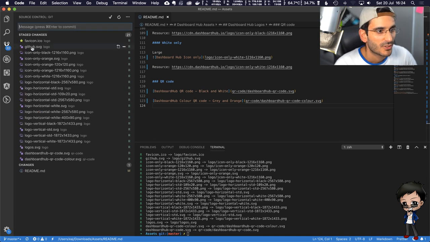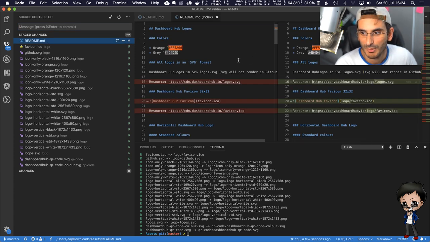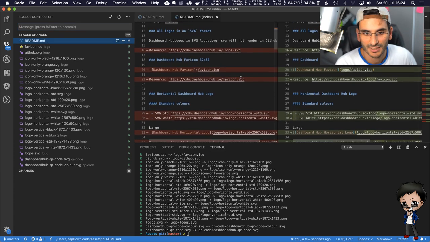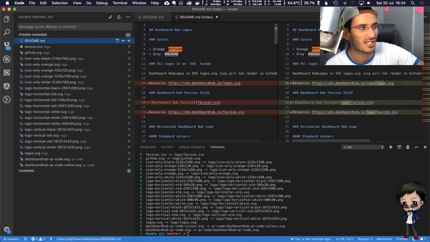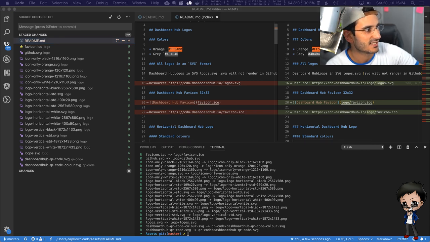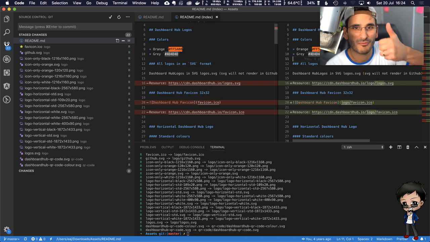So if we go to here, it says I've renamed all these files, and I've changed the README. So if we just add the README, and as Kush has shown me before, if I double click this, it will show me what's changed, and I can just see that we're roughly happy with it. That's one of the plugins. You can see it highlights the hex to the color that it is. I find that quite useful to see what the color is.